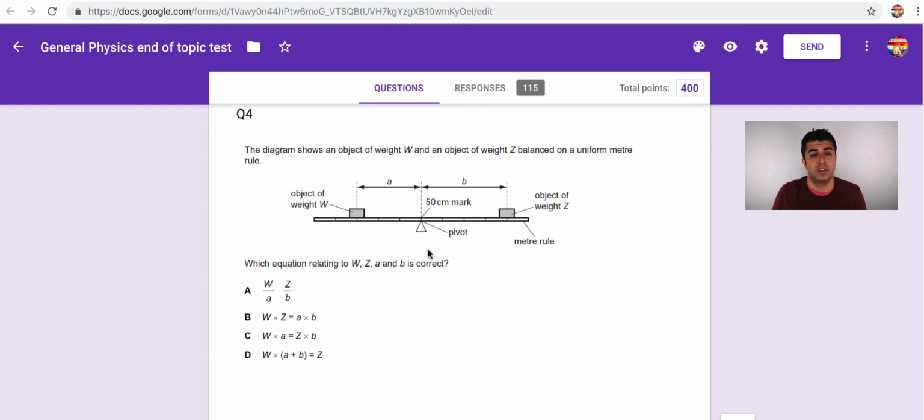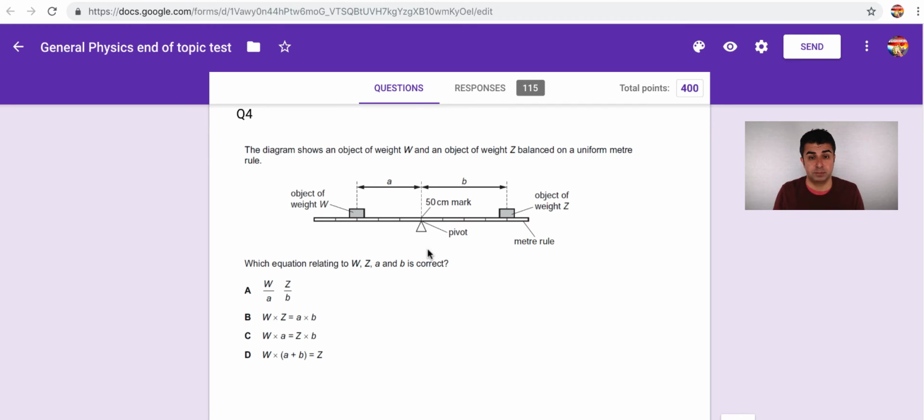Question number 4. The diagram shows an object of weight W and an object of weight Z balanced on a uniform meter rule. Quite clearly, this is a moments question. Which equation relating W, Z, A and B is correct? Well, since it's balanced from the picture, clockwise moment equals anti-clockwise moment. Now, I hope you can see it's the weight of object Z that causes the clockwise moment, because if it was allowed to, it would tip in the clockwise direction,